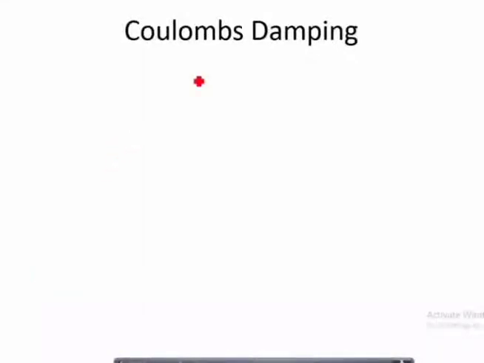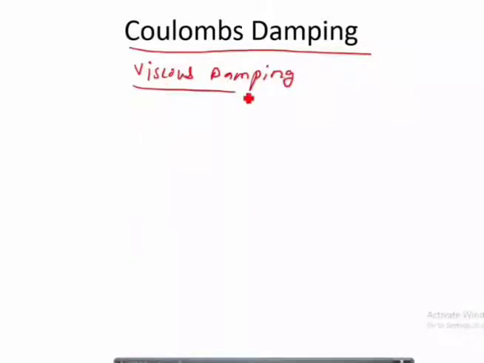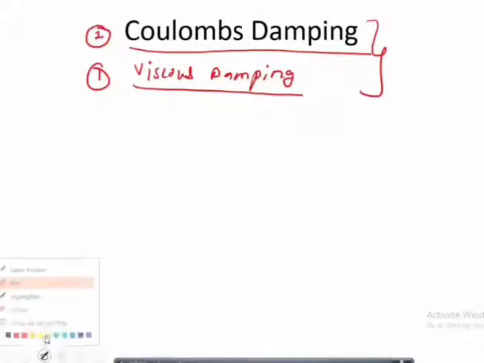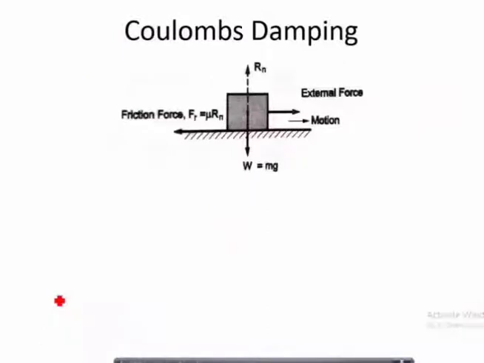So today we will understand the concept of Coulomb's damping. As far as the last lectures are concerned, we have understood the analysis of viscous damping. When we started with module number 4, that is free damped vibratory systems, I explained that there are two types of damping which we will be considering for the analysis in this module. The first is viscous damping, which we have completed, and from today onwards we will start with the analysis of Coulomb's damping. Okay, now basically what is Coulomb's damping?